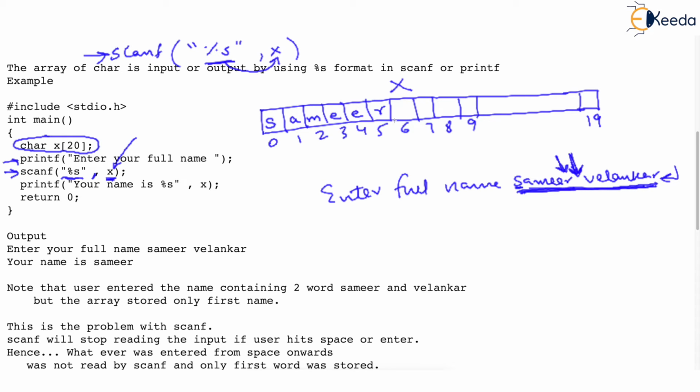And it will force \0. Recall from the earlier video that whenever the string ends, \0 is always stored by the C language. The C compiler will always store \0 at the end of the string. But hello, this is not your full name.